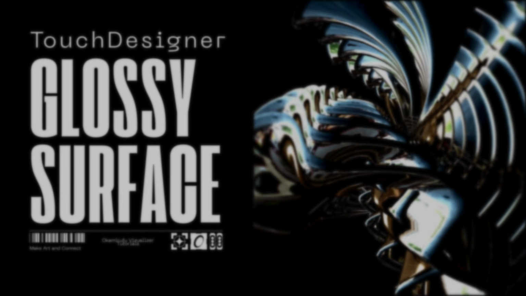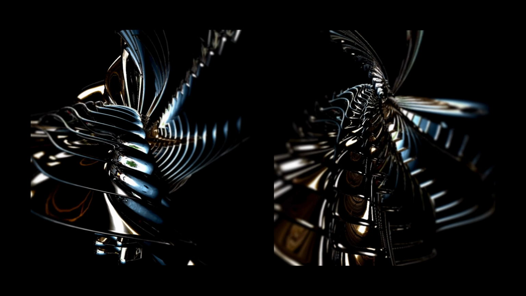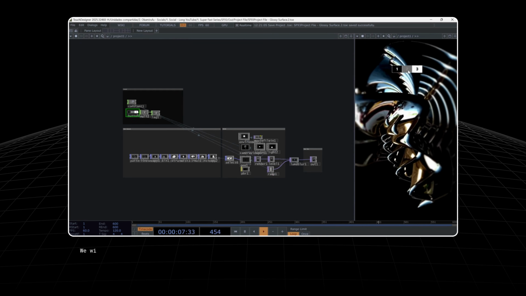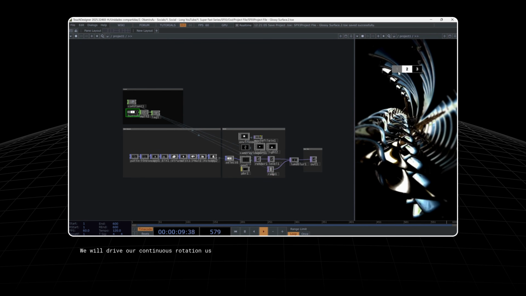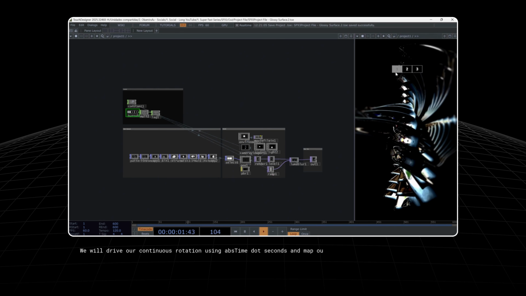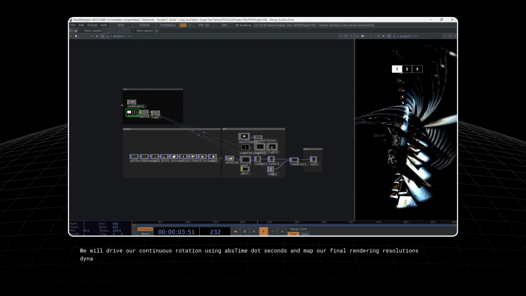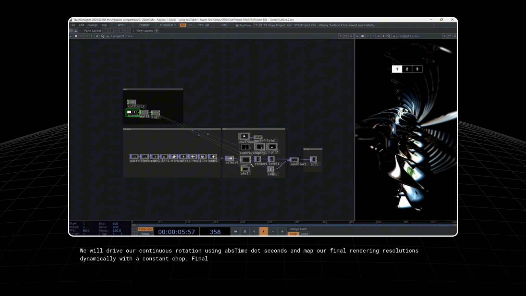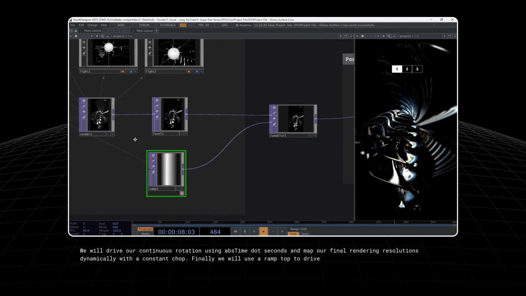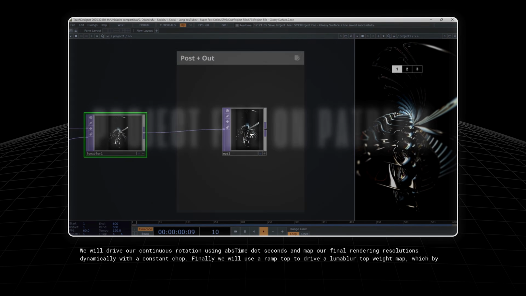In this tutorial, we will learn how to create a glossy surface using a basic pattern pop and manipulate it using copy and twist operators to generate complex geometry. We will drive our continuous rotation using abstime.seconds and map our final rendering resolutions dynamically with a constant chop. Finally, we will use a ramp top to drive a Luma blur top weight map,